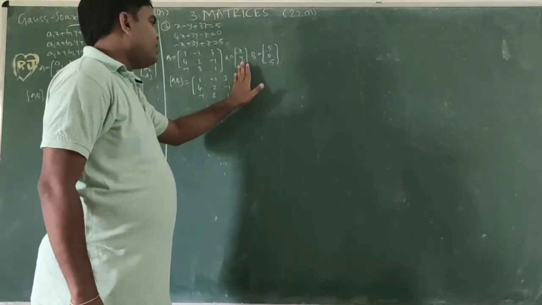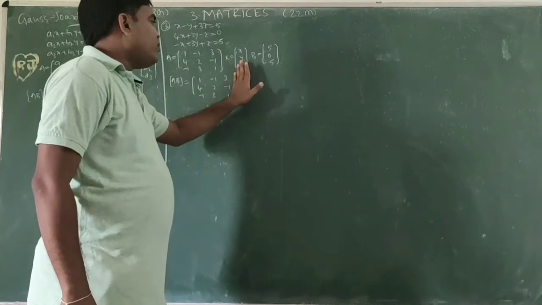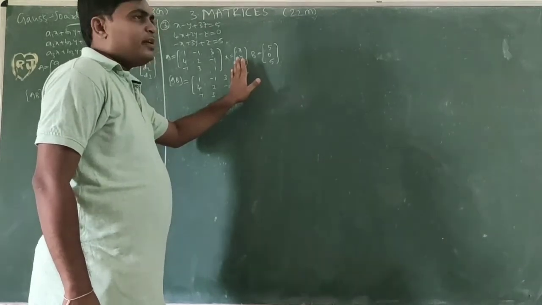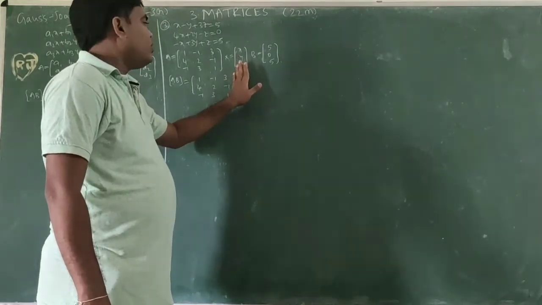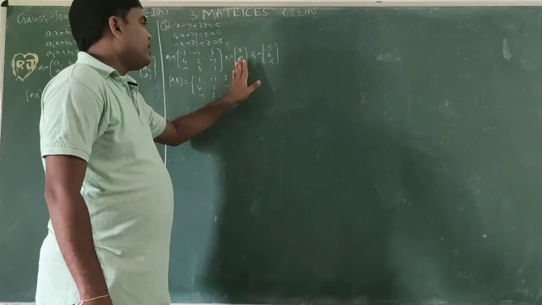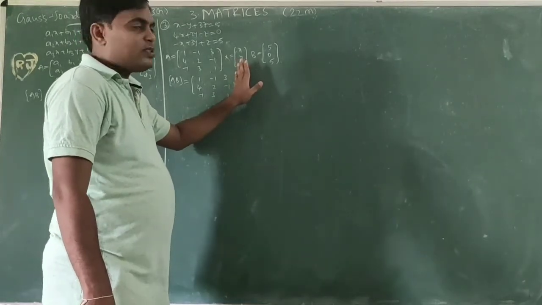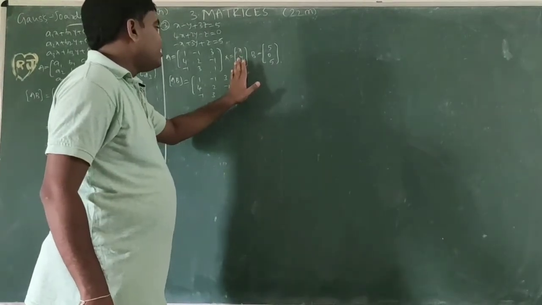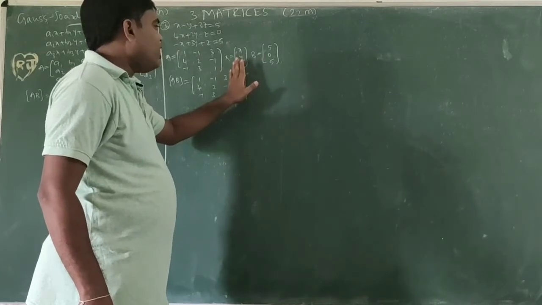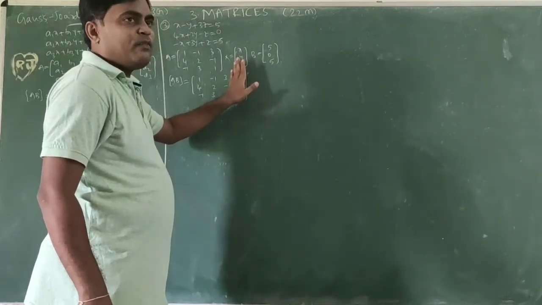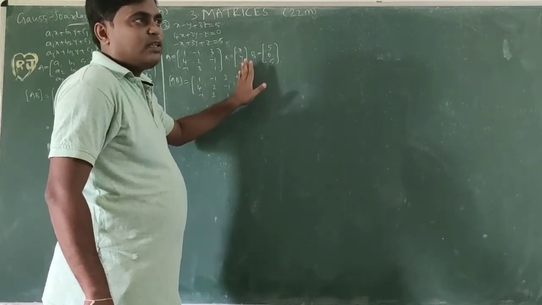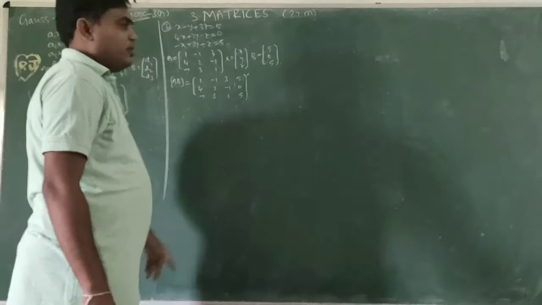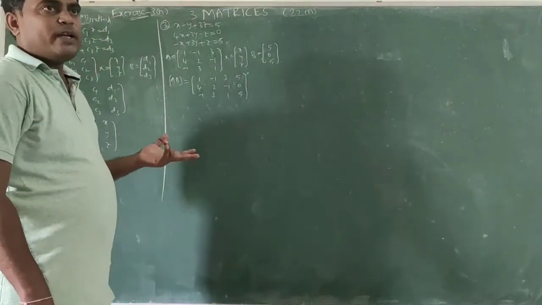If we observe, A is a square matrix, so we need to convert it first to a diagonal matrix, then to the identity matrix. So what is a diagonal matrix? Except the diagonal elements, the remaining non-diagonal elements are equal to 0. So I want to convert the non-diagonal elements to 0 first. This is a system of equations, so we use only row operations, we don't use column operations. I want to take the first column first.